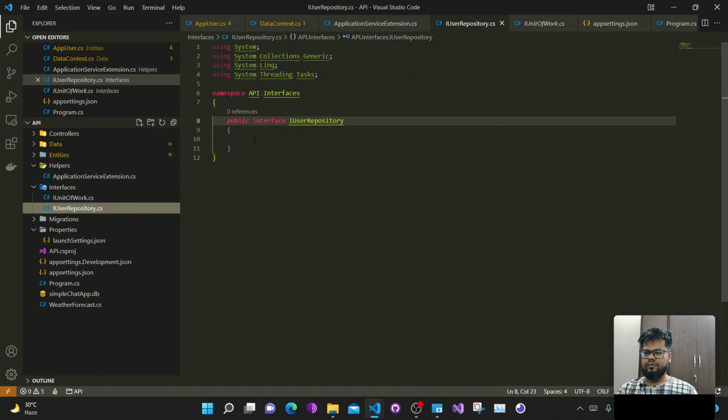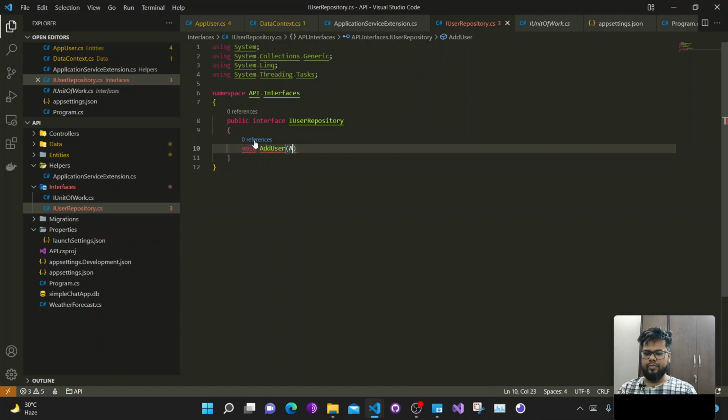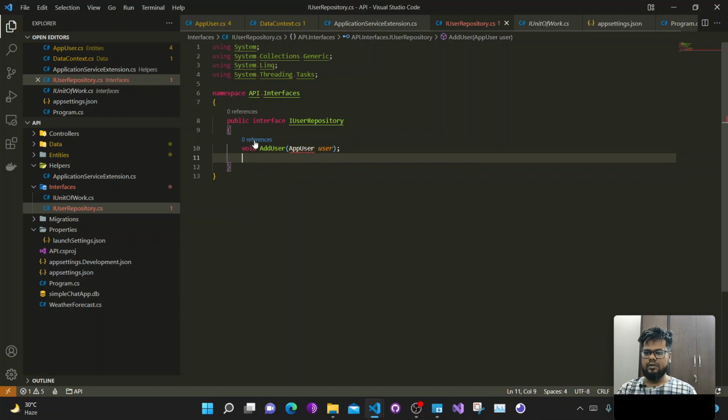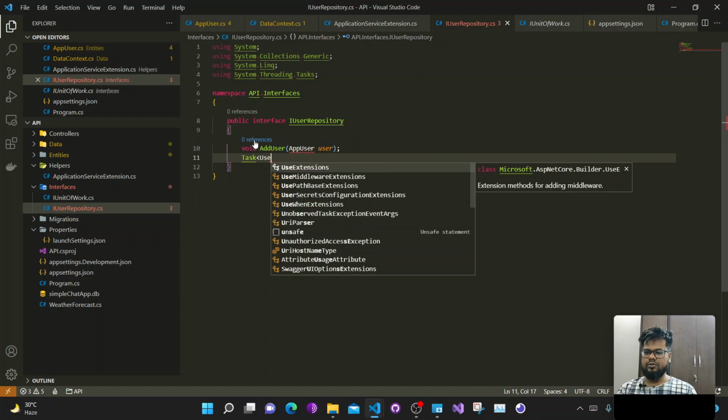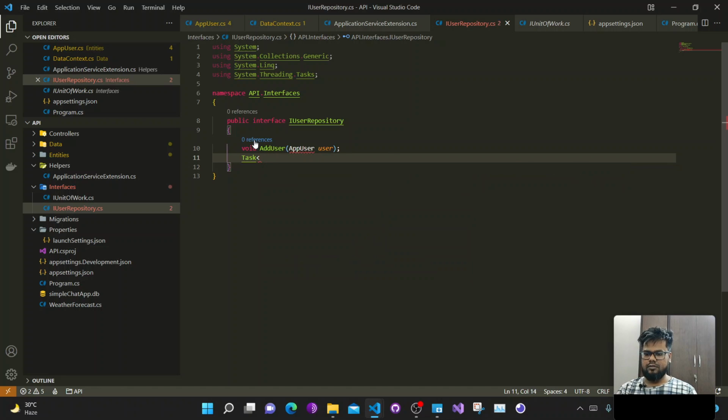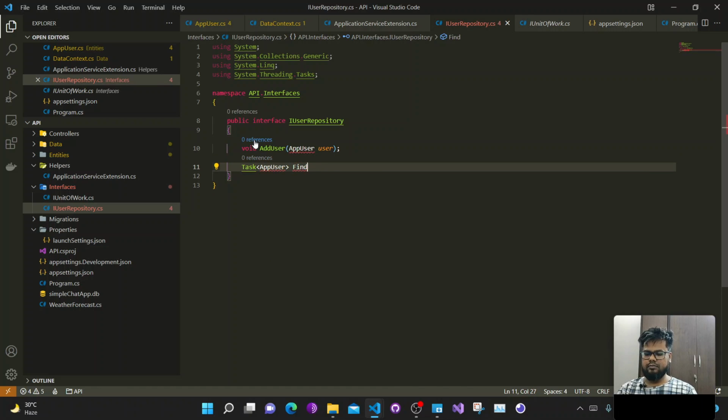so let us create for it AppUser to user. Okay, now we'll say Task of AppUser, then FindByUsernameAsync. Okay, string username. So